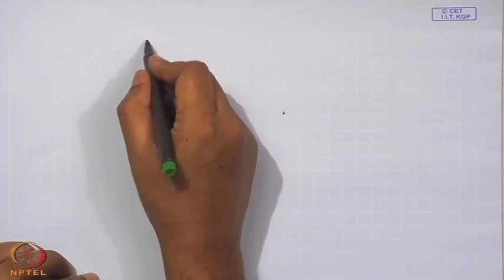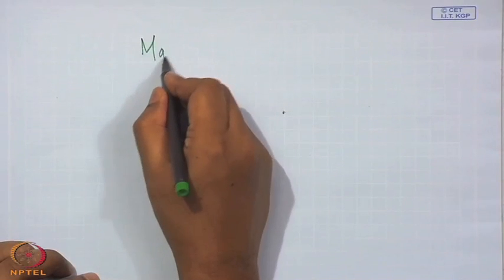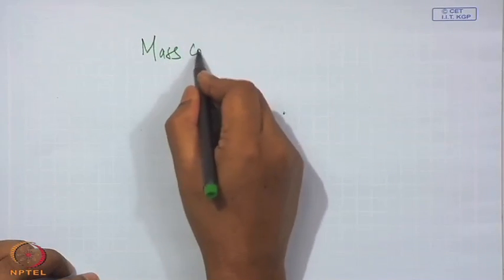This is a very well known physical principle, the mass conservation principle. We will see what this mass conservation equation tells us about the flow velocity. Now, to formulate the mass conservation equation,